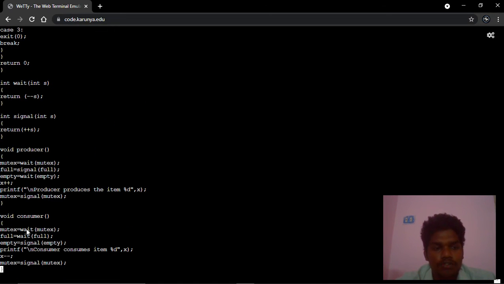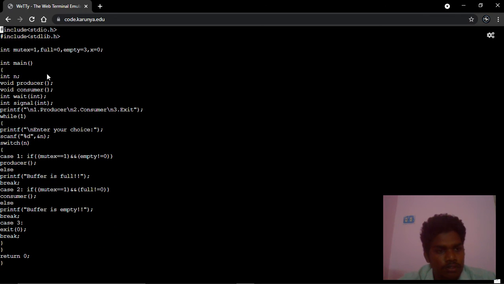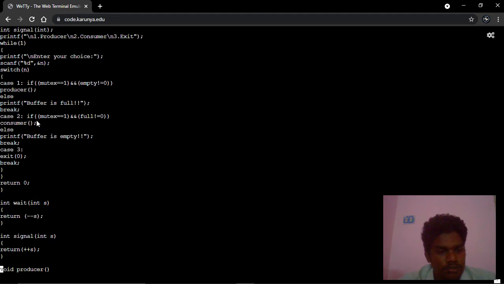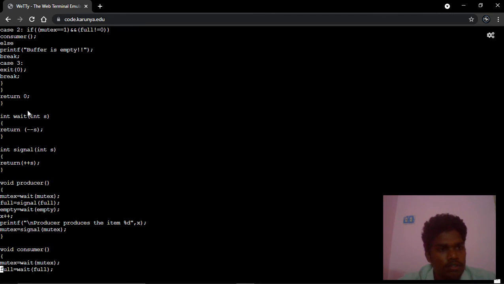So what are the producer and consumer? Here is the producer. It gets the mutex value. The wait function takes int s. The index starts at 0, and it will be incremented.